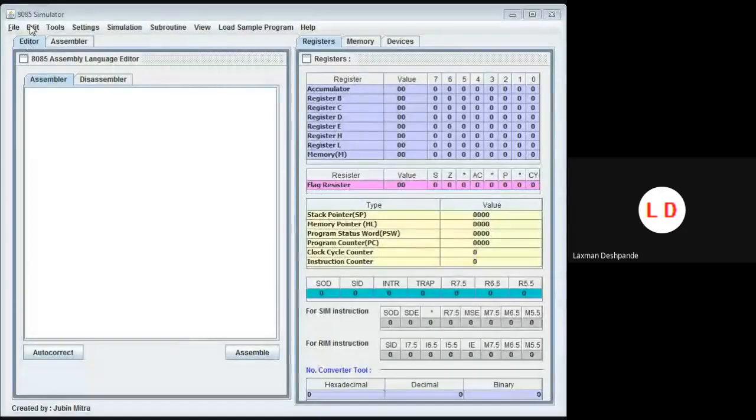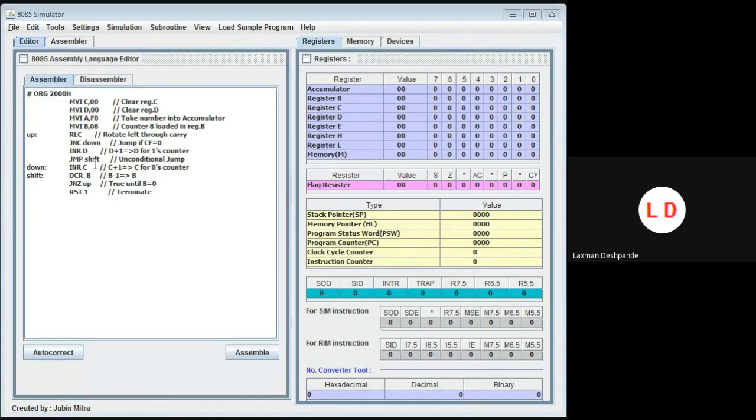So I'll start the simulator. Now go to the edit option and paste your program. So your program got pasted.